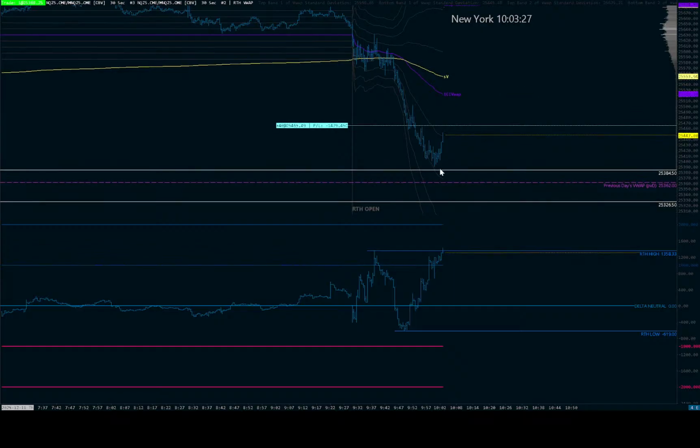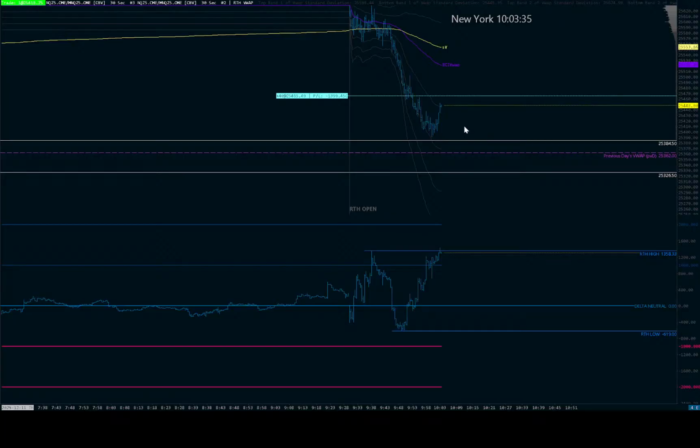There's tons of people that are waiting for this low to be swept, and it may never get swept, right? The ICT traders that are waiting for this right here to get taken out, it hasn't happened yet, and it may not happen. So I just try to put myself, like I said, in alignment with these guys.